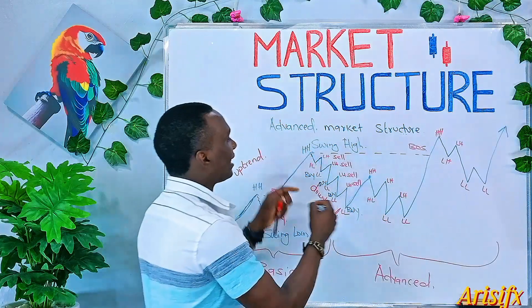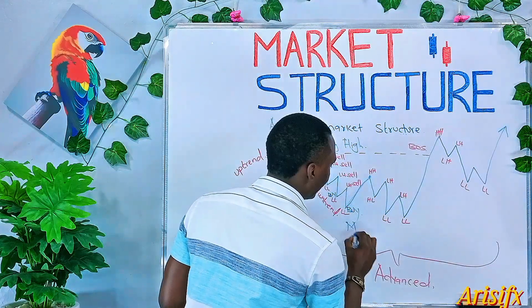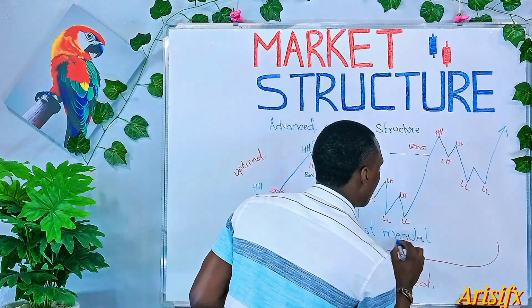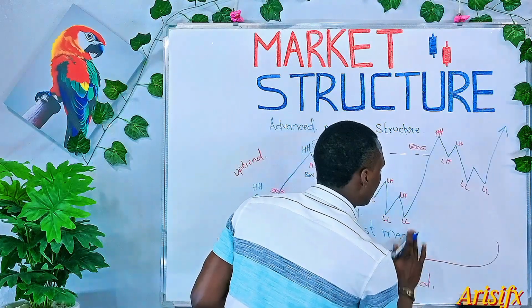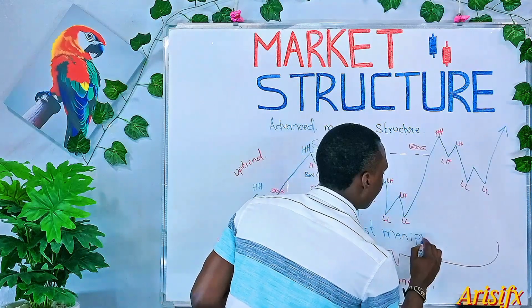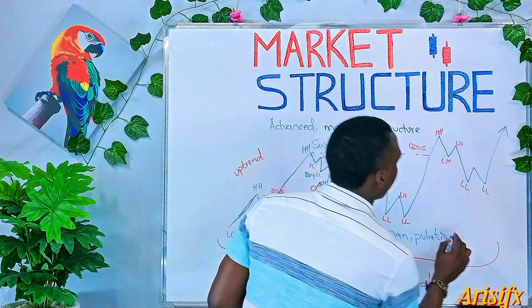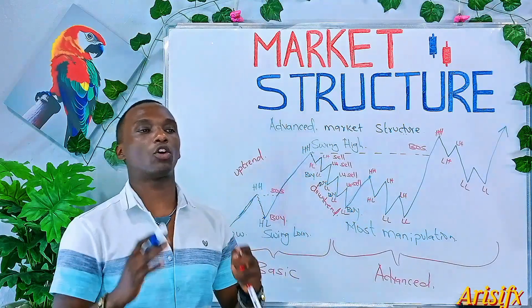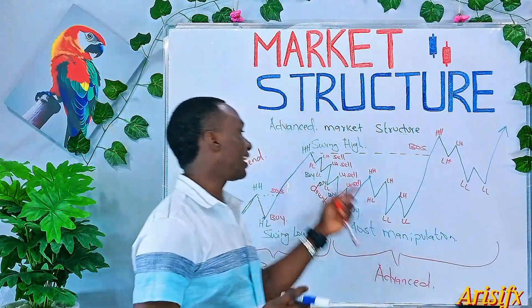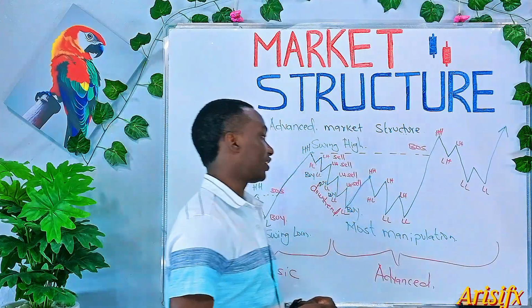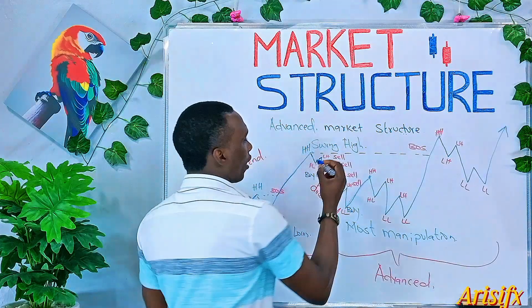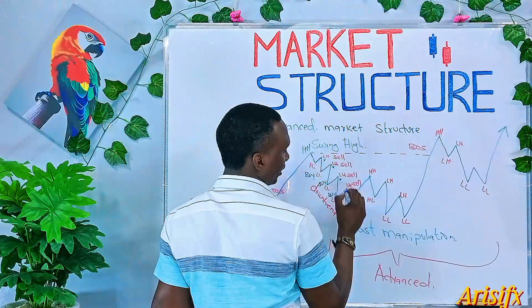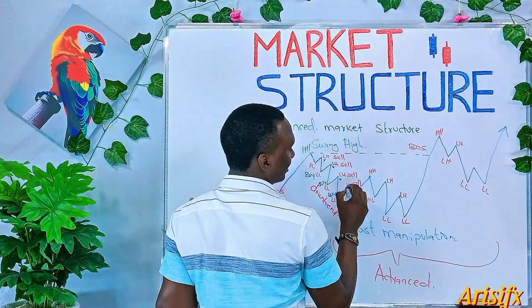You'll find here is where most manipulation takes place. Most manipulation takes place here, because you find traders trading on the internal market structure rather than waiting for the external market structure. Okay, so whoever sold here, whoever sold here, whoever sold here and here, those that traded sells